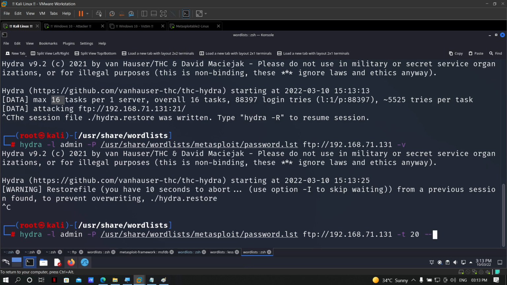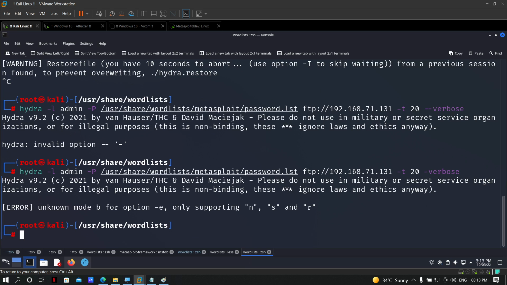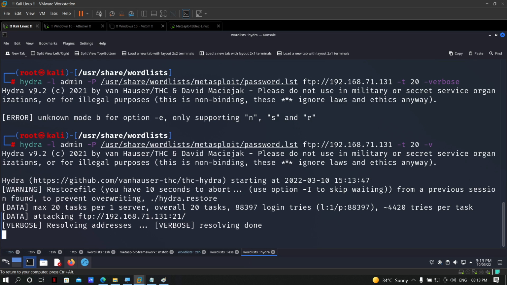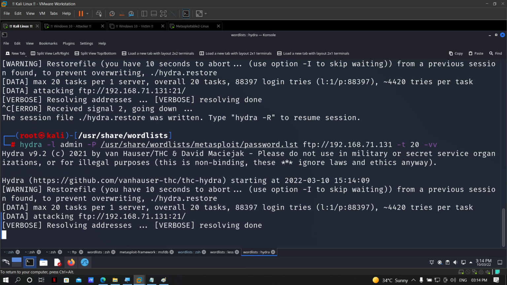I'm going with -t as 20 and --verbose. This is going to take some time.